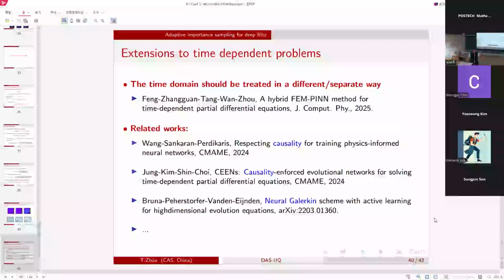Yes, advection. You can also check this paper, I guess. Paris also considers advection in this paper. And for this kind of equation, the treatment in the time domain is very important. Otherwise, you will not get the right solution. It's very interesting, actually.